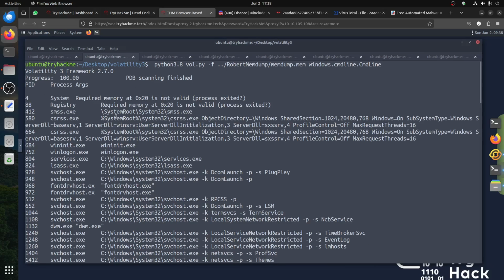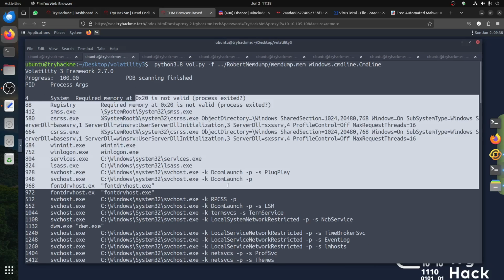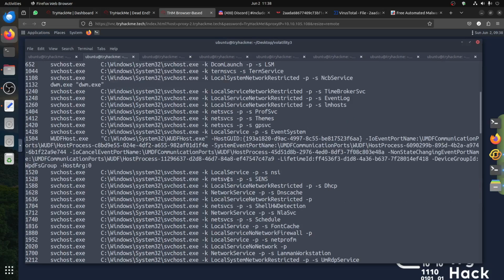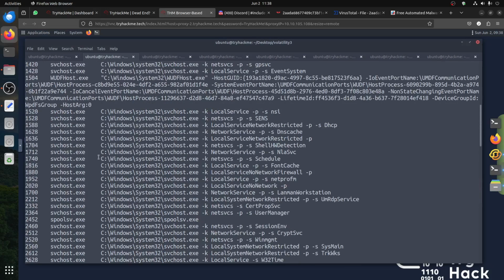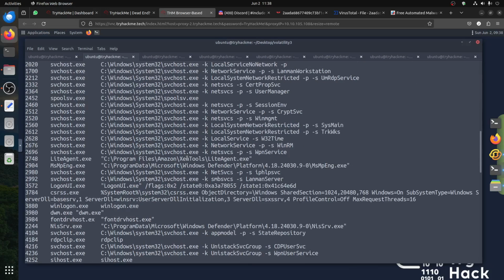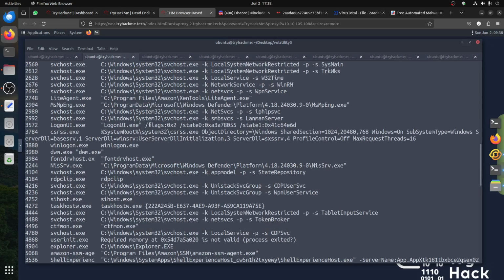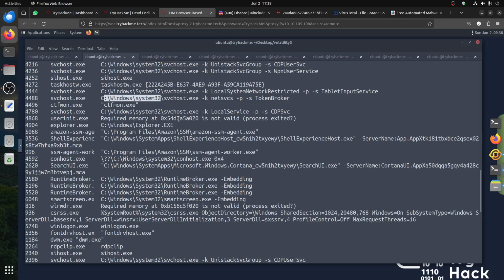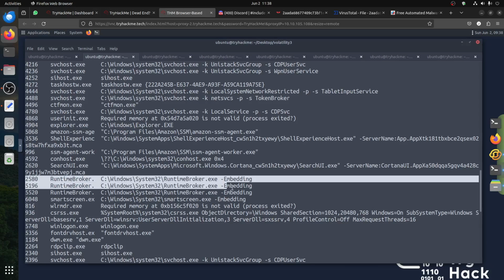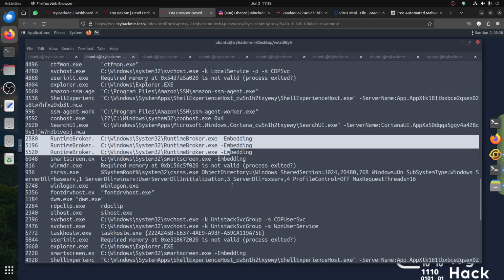If you follow the command line, the first ones are fine. There is nothing suspicious, I think. You can see it runs from the main directory of Windows, so all of that is legit. If we go down, that's fine. System32, so we know it's in the correct directory, Windows, Program Files, so all this is legitimate. And then if we scroll down,